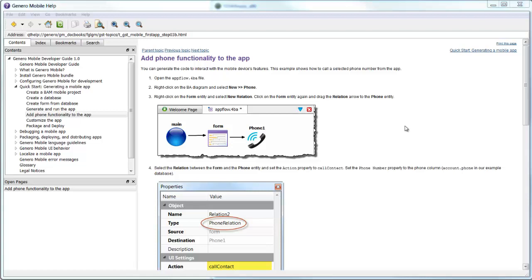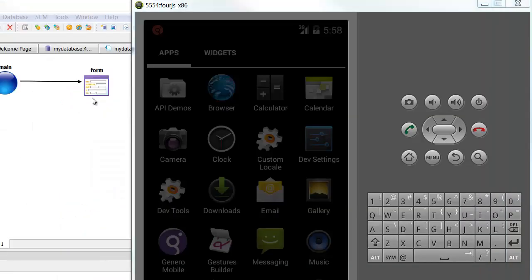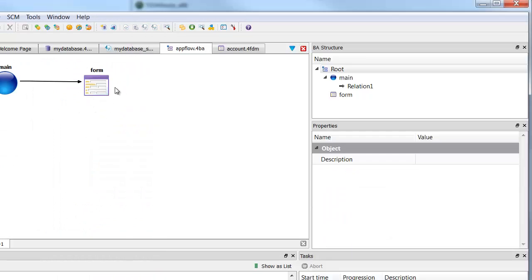In this next video, we're going to add phone functionality to the app. The purpose of this video is not only to show you how to add phone functionality, but any of the peripherals of your mobile device can be added in a similar fashion. So let's go to our procedure, and we're going to start by opening our appflow.4ba by opening our business application